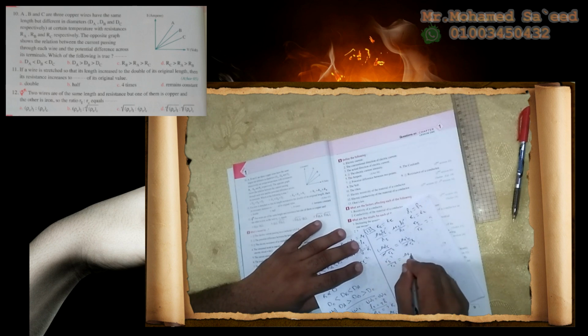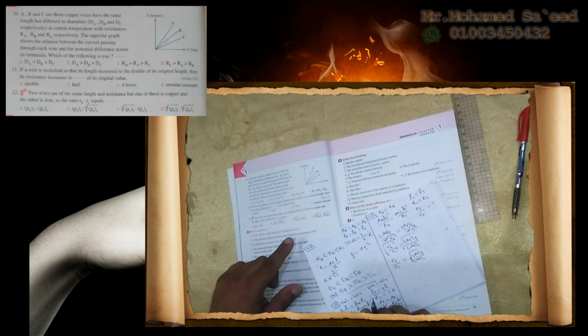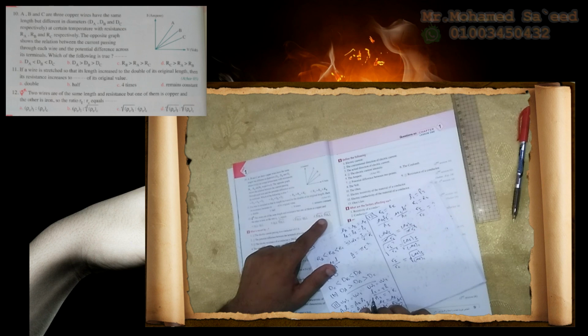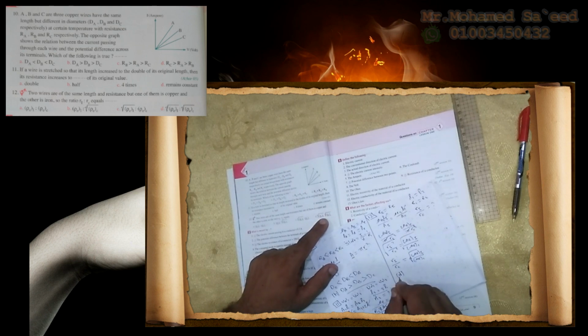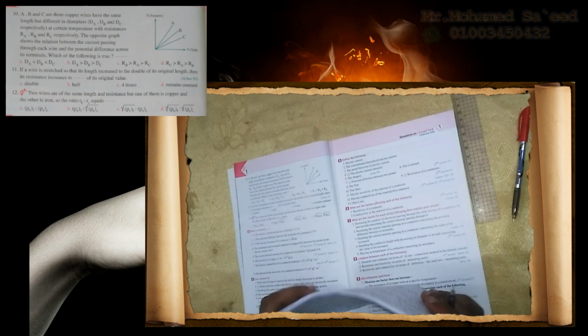equals rho E iron over rho E copper. Square root for both sides. So r iron over r copper equals square root of rho E iron over rho E copper. So the true answer is the square root of rho E iron to the square root of rho E copper. Okay, what's meant by